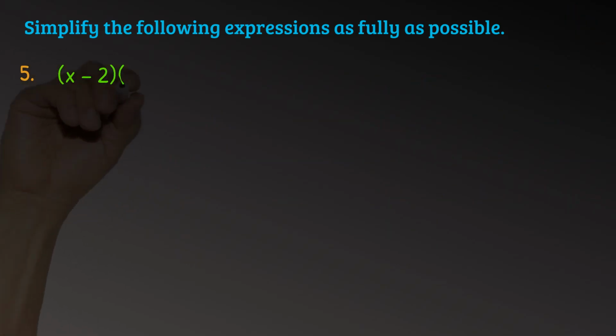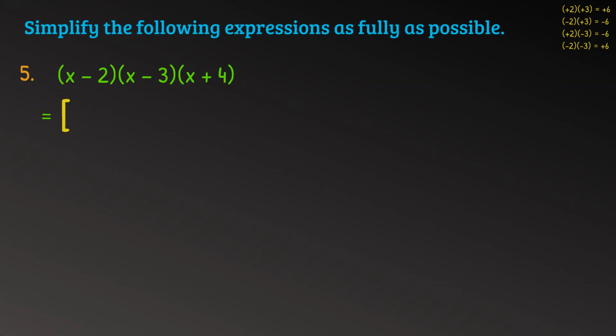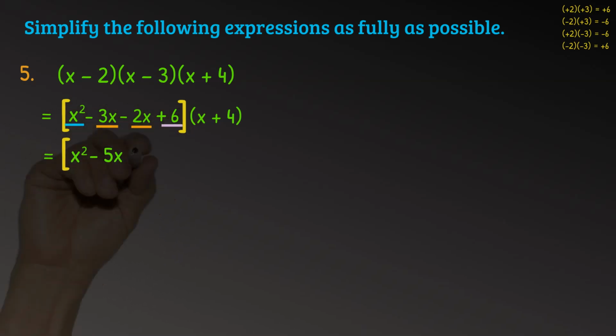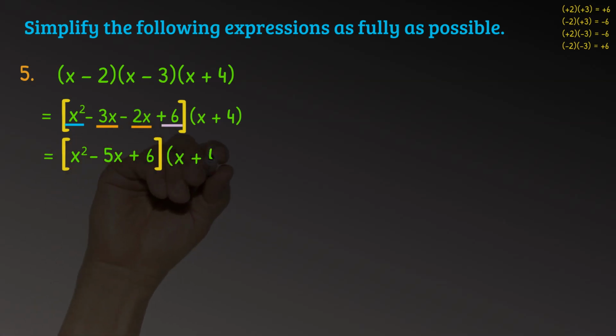And I'll go through one more question very quickly. X minus 2 times by x minus 3 gives us x squared minus 3x minus 2x plus 6. Then you can tidy up the yellow bracket by adding minus 3x and minus 2x to give minus 5x. Then multiplying out the yellow bracket with x plus 4, one term at a time, we get